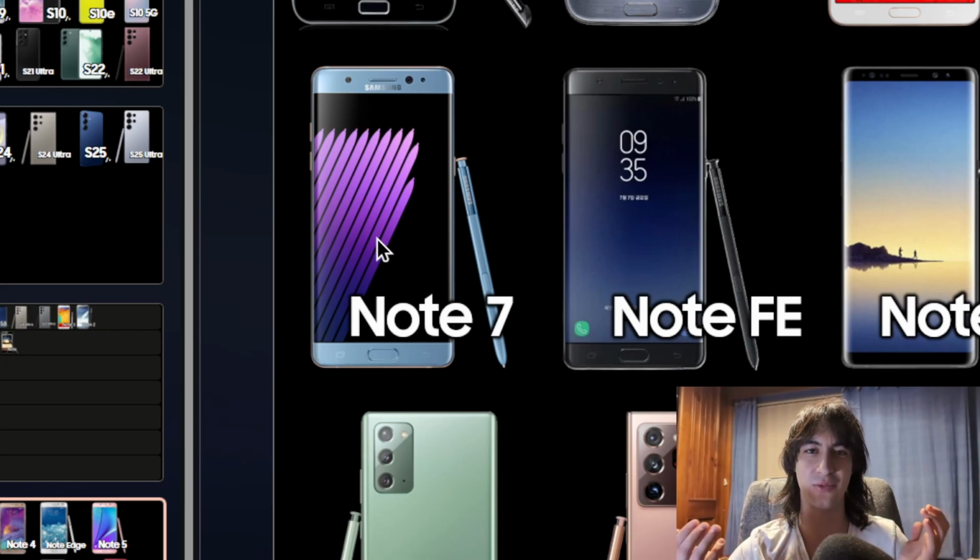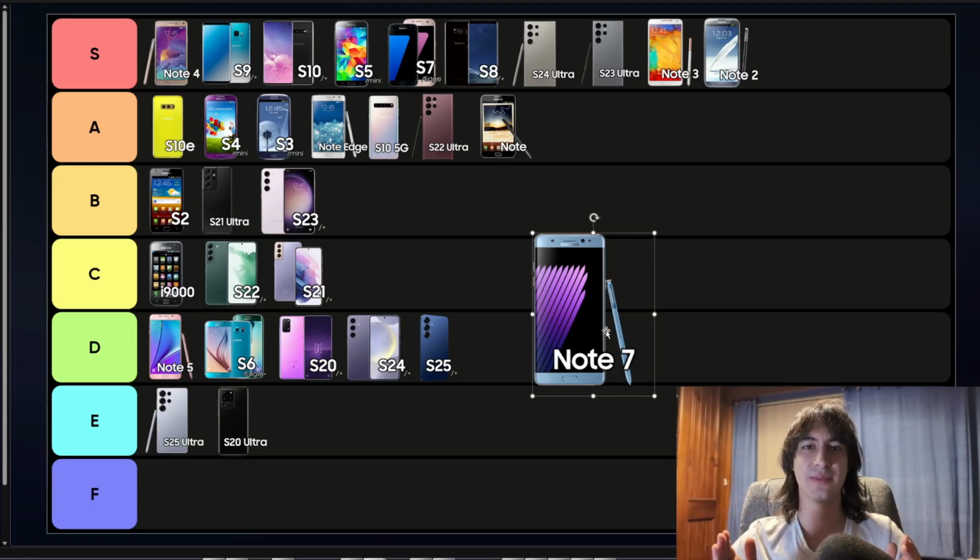The Galaxy Note 7 was a commercial failure. Which is a shame because the Galaxy Note 7 is an amazing smartphone, one of the best Samsung ever made. It just has the potential to kill you. So I can't put it in S tier because it can kill you. This is the dilemma. Where do you put a phone that is one of Samsung's best, but also has the